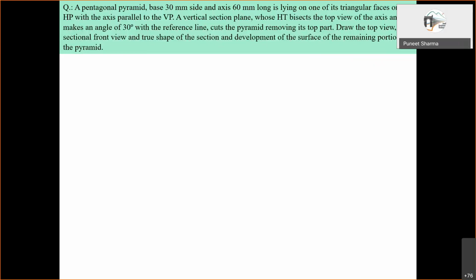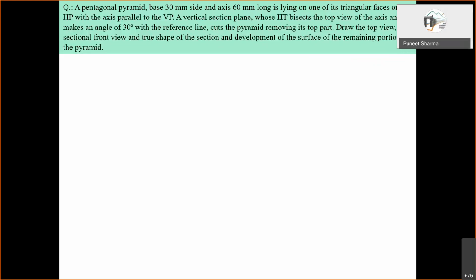So first of all, we have to draw this pyramid in the given position. That is, the triangular face should be on the horizontal plane and the axis being parallel to the vertical plane, and then this vertical section plane has to pass through its axis where the top view of the axis is bisected, and it makes 30 degrees with the reference line, that will be the XY line.